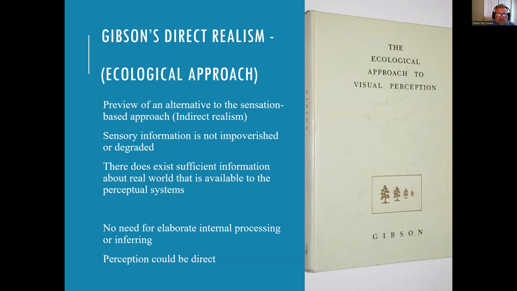So let's abandon the idea that the eye could be something like a digital camera that's encoding pixel values of brightness and color, right? And instead, it's more like an antenna, and it detects patterns. And then it responds to those patterns in a way that's more analogous to the outside world. And it's a direct response to the world as opposed to an indirect mediation between our mind and the outside world, right? If this was the case, that there's information that can be directly responded to by our sensory organs,